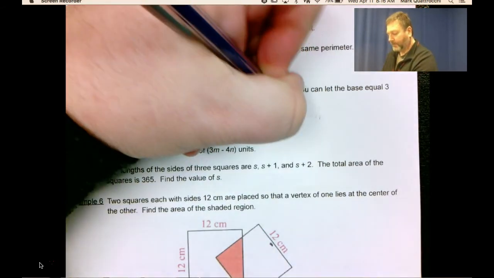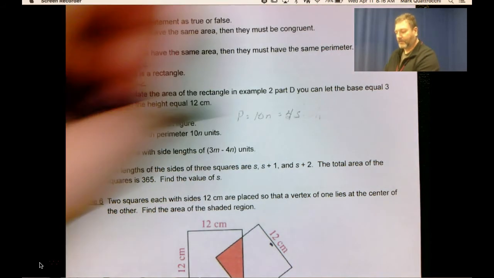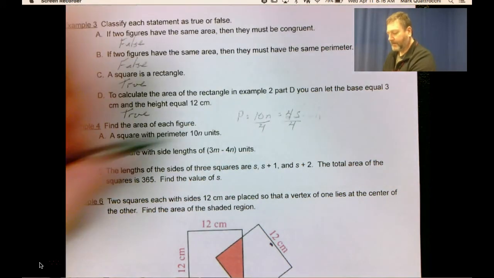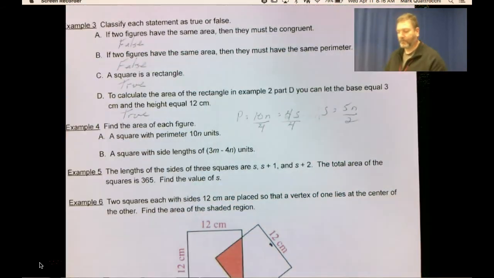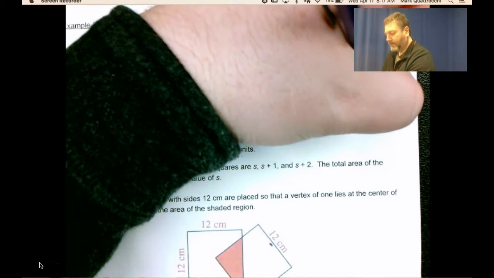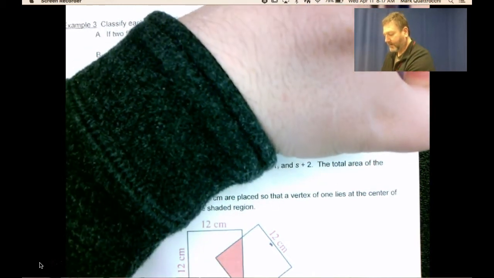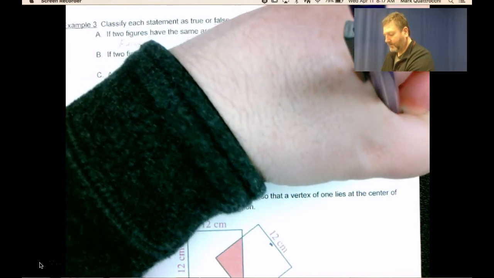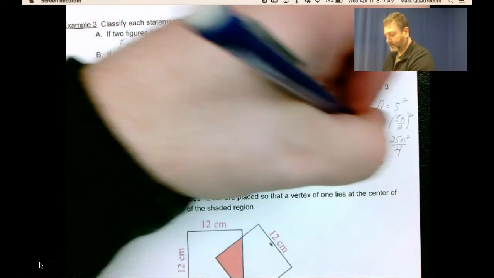So the square's perimeter is 4 times the side. So if I want to know what the side is, I divide everything by 4. The side is equal to 5n over 2. And the area of the square is equal to s squared, or 5n over 2 squared, 25n squared over 4 is equal to the area